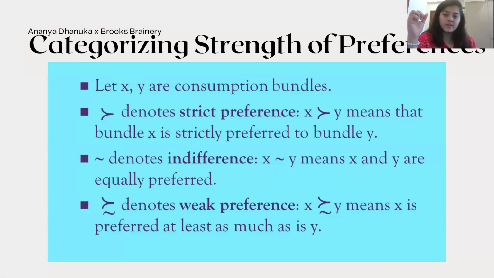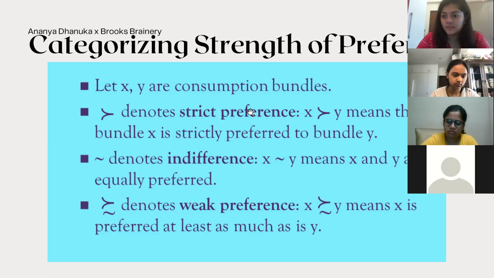Okay, two commodities. We consider ice cream and cake. I think that's going to be the example for today. So X and Y are ice cream and cake, right? Now these are symbols, and why are these symbols important? Because it helps us categorize the preferences that we have. We spoke about that we have to rank them, right? So what are mathematical tools and the categorization that you can do for ranking these preferences?